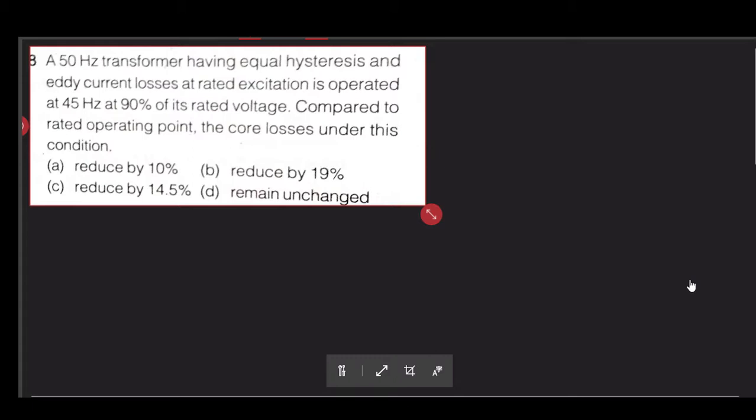Let me write down the formula, then you will get it more clearly. Hysteresis loss pH is equal to, and eddy current loss is equal to